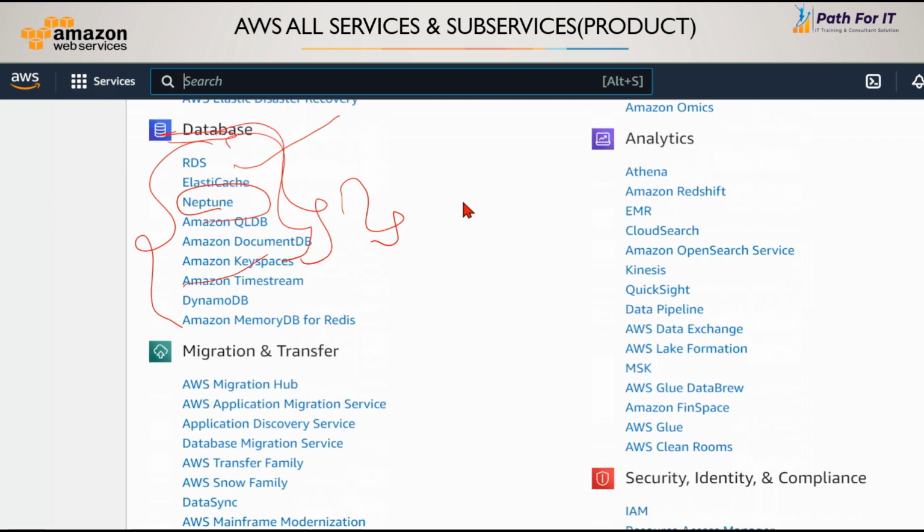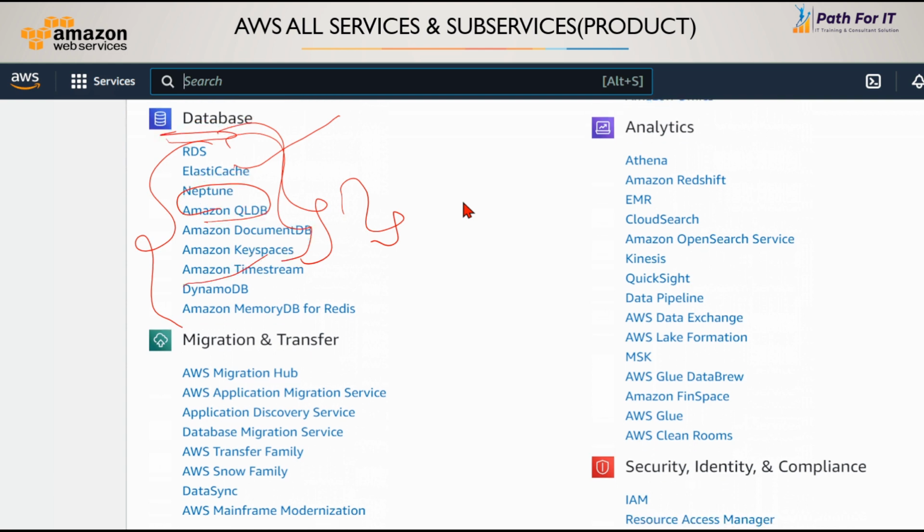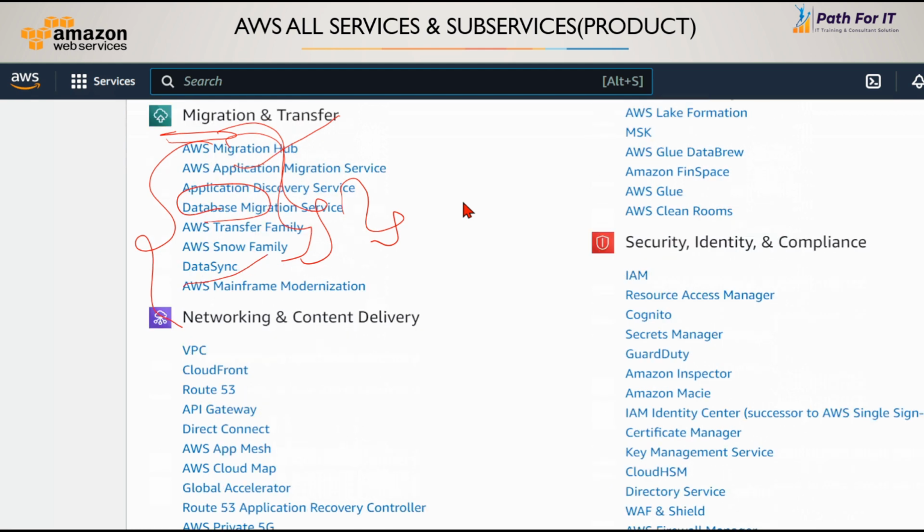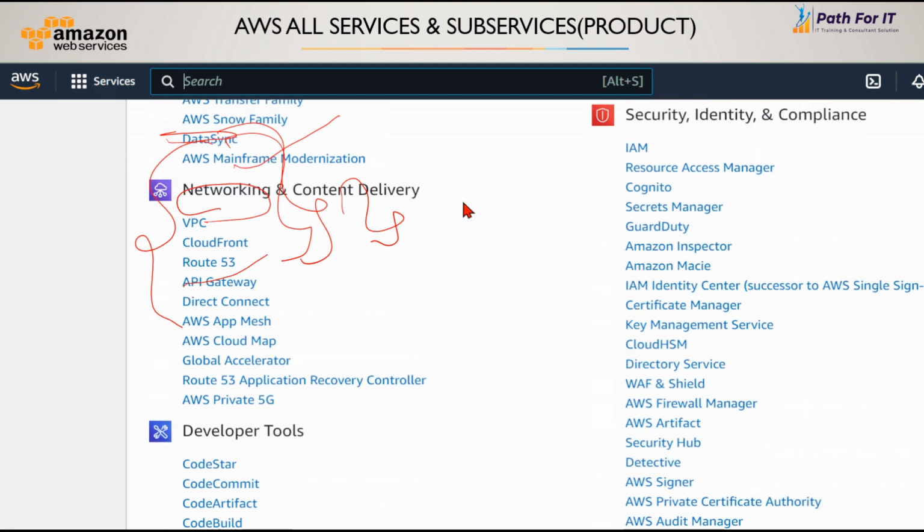We have database, migration and transfer, networking and content delivery, security, identity and compliance, developer tools.